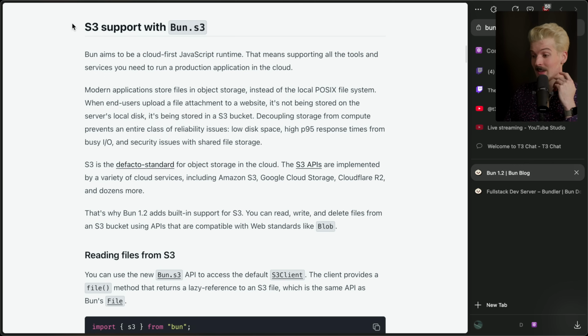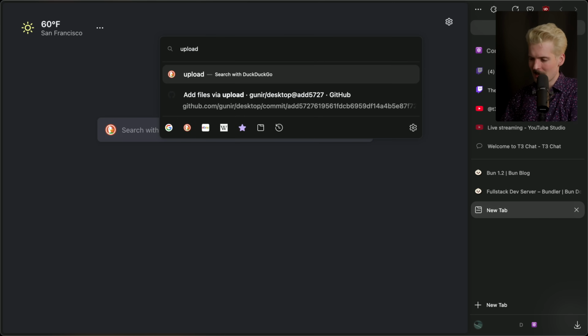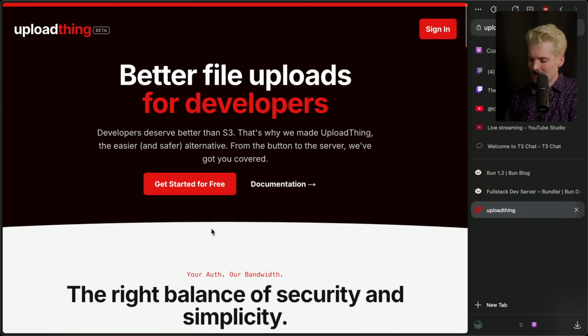That's unbelievable. The S3 stuff's really cool. If you haven't deployed S3 stuff with JavaScript yourself, you might not know how cursed so many of the layers are. There's a reason we built Upload Thing, which if you somehow haven't been around enough to know about it, Upload Thing is the easiest way to add file uploads in a safe, full stack way to applications built with things like Next.js. You add a function in the backend, you mount a component on the front end, and then everything just works